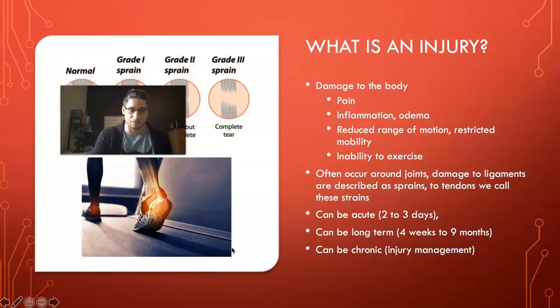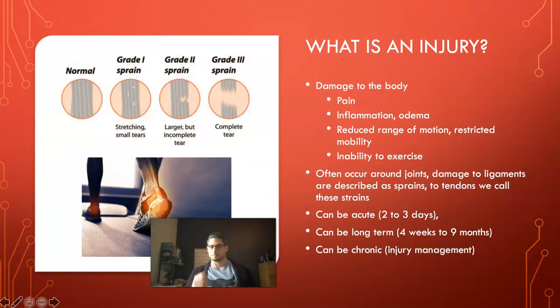Injuries themselves, well, what is an actual injury? People might be asking themselves. Very often an injury is quite simply damage to the body. So from damage to the body, that's the regular cellular structure that you can see here. This is a ligament in this case. It's got this nice honeycomb cross structure, perfectly normal, but then as gaps and tears and holes start to appear in this, we start to get pain, and we start to get an injury occurring here.